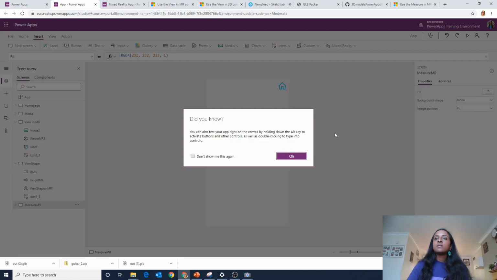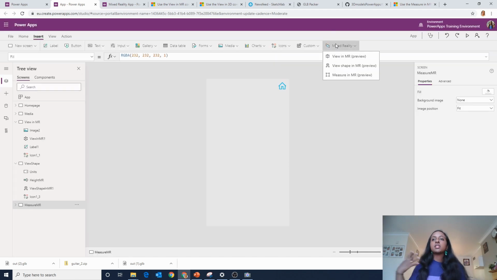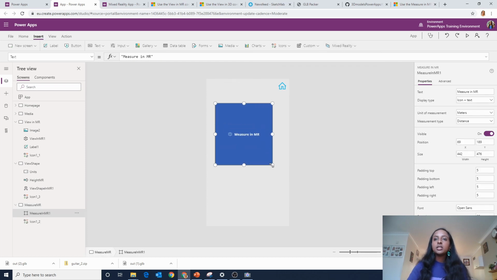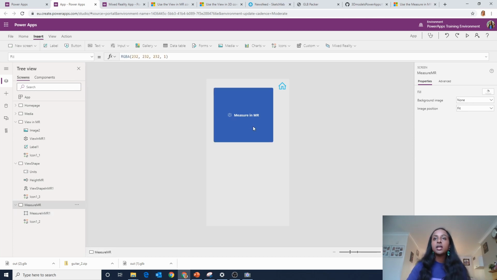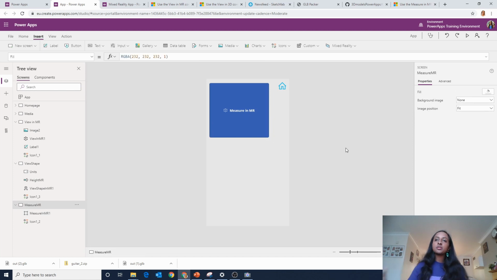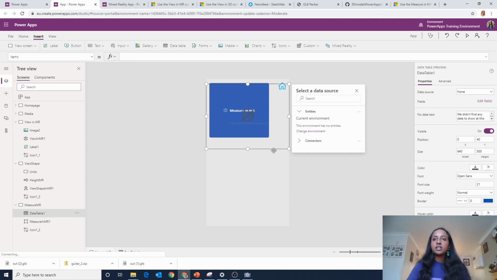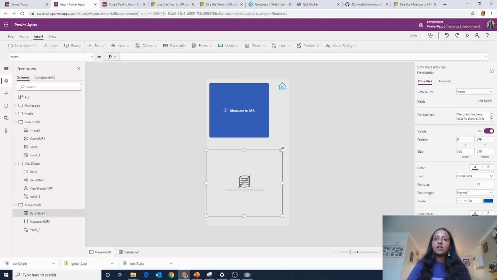So in here, quite similarly, I'm going to put in the mixed reality option here, which is the measure in MR. Put that down here. And quite similar to how I did the view shape, I did put in some text boxes and some drop downs. So again, to not repeat stuff within this video, I'm not going to show that bit again. What I will show is the outputs from here. So I had a look at what kind of outputs were actually being generated, and I can see quite quickly that you have